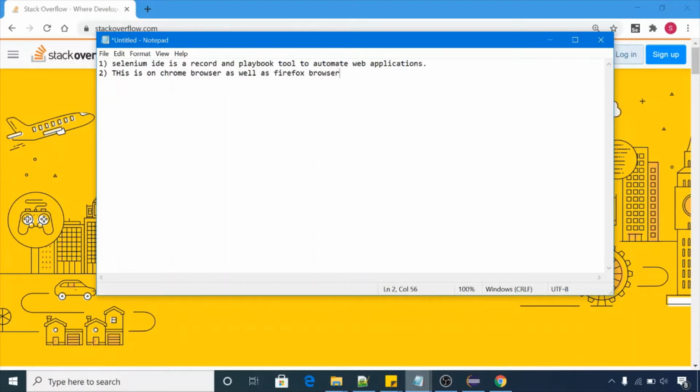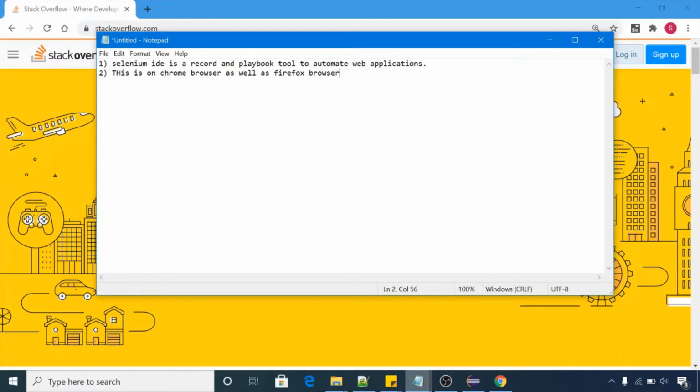Previously Selenium IDE was available only on Firefox, but now you have the Selenium IDE plugin for the Chrome browser also. If you want to install it on Chrome browser, you can do that.